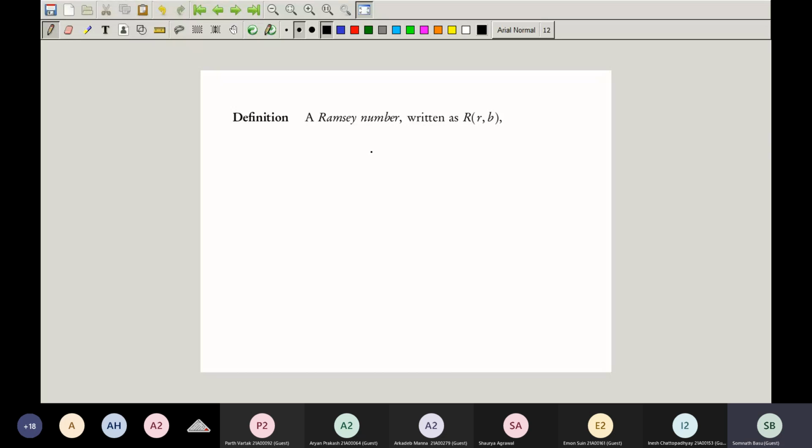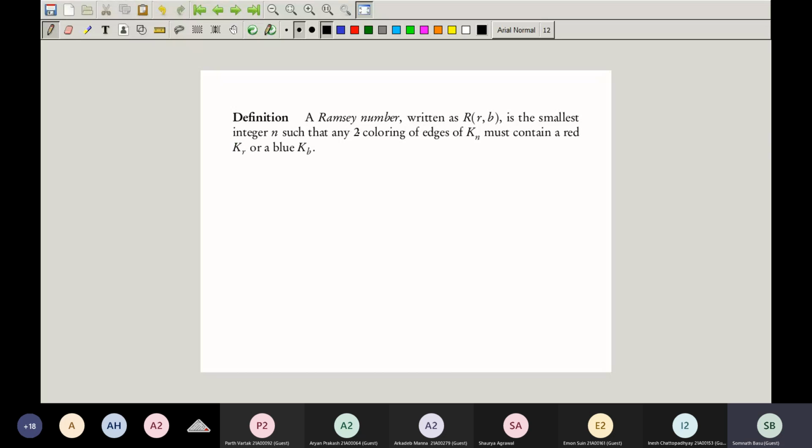So a Ramsey number is written as R, capital R for Ramsey and little r, little b for red and blue for now, but these will be integers. So capital R of r comma b is what? It's by definition the smallest positive integer n such that whenever I take the complete graph Kn and color the edges in 2 colors, red and blue,